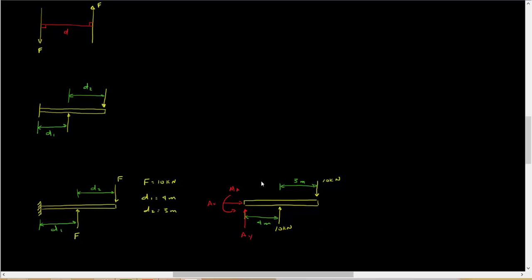Hello everybody, we're going to be talking about a couple. This will be chapter 4.6 in your book, and we have two forces on a plane. The forces are equal, and we have a distance between them. If two forces are equal in magnitude,